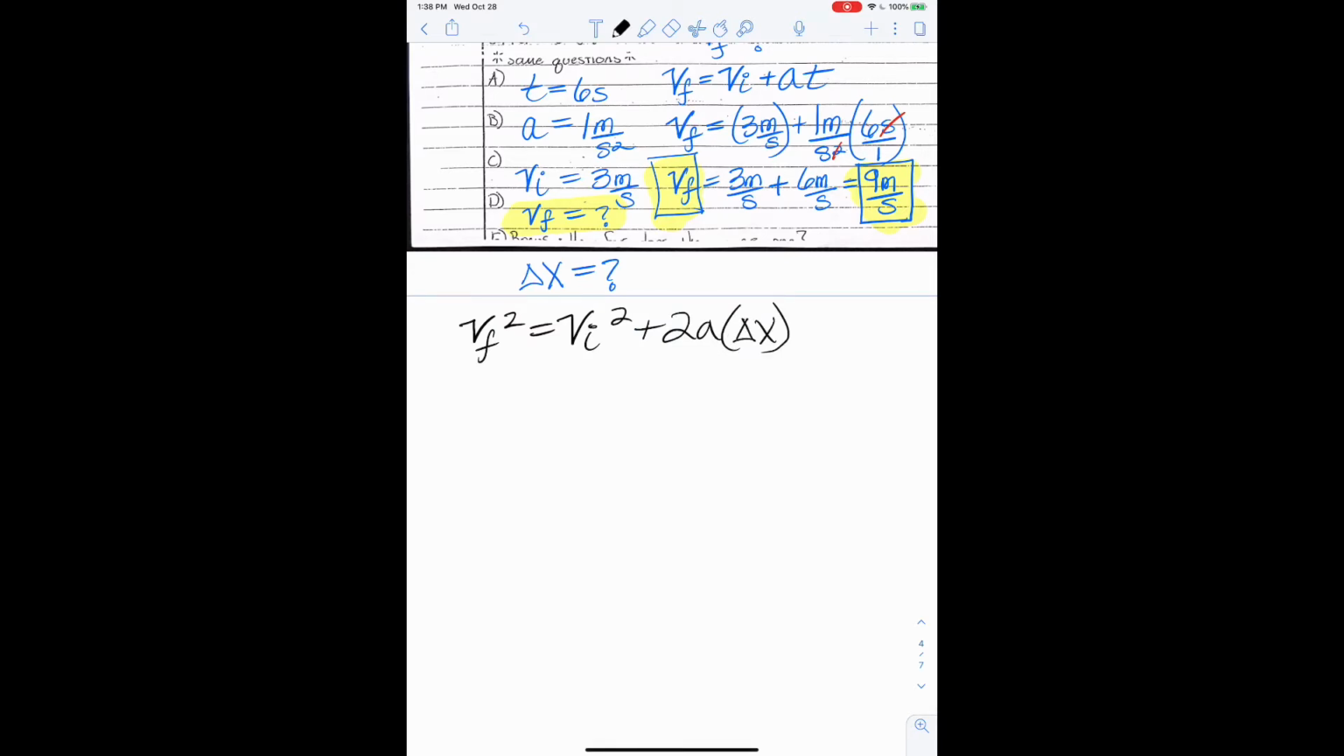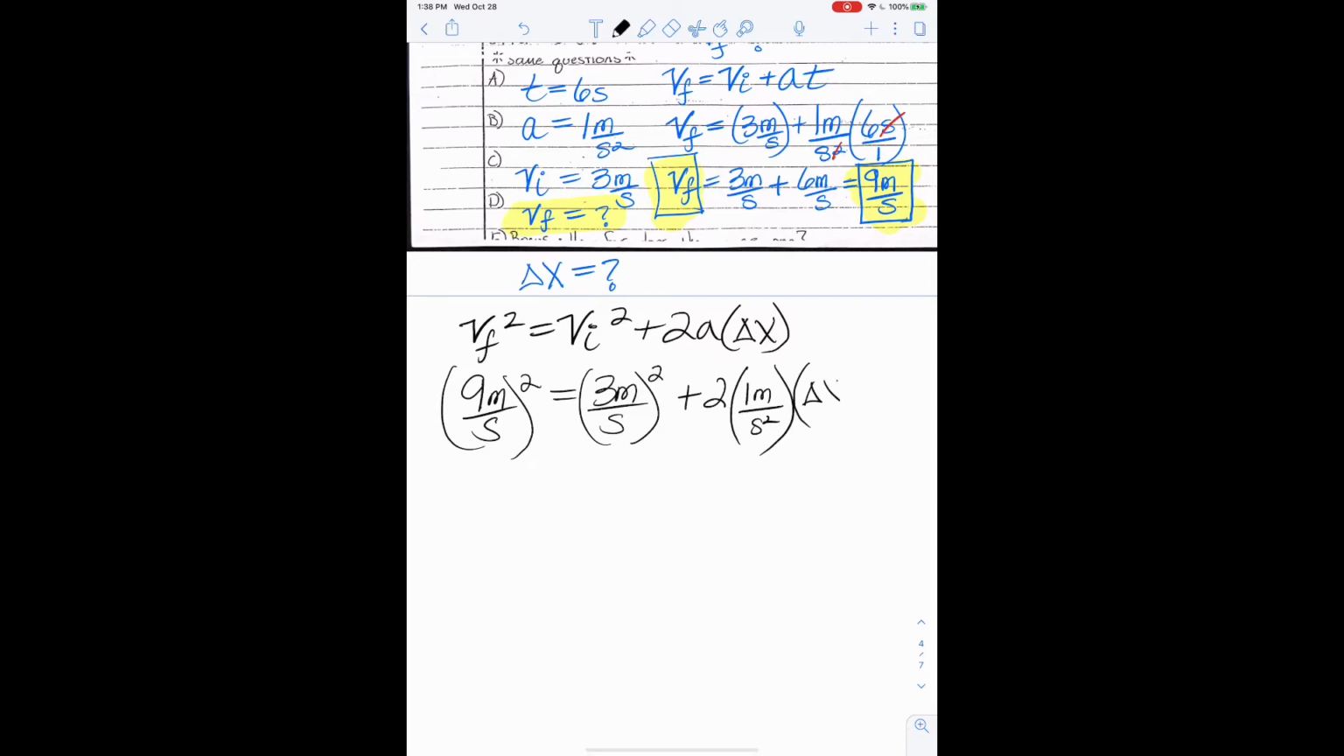All right, let's plug in what we know, and we'll just bring the numbers down from above. We see that VF is equal to 9 meters per second, but we have to square it. VI is equal to 3 meters per second, that also gets squared. Plus 2 times the acceleration, which is 1 meter per second squared, times our delta x, which we want to know. We have to have one unknown in there, because that is the variable we're solving for in the equation. All right, so I'm going to square the 9,